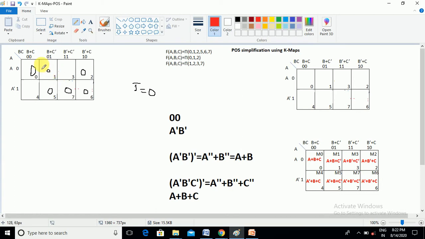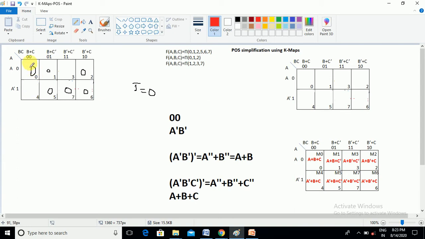Easily we can understand that a 2 cell mapping can be created. If you try other combinations, we need to try them to make the maximum cell grouping. But you can also verify with the folding of paper. If I fold the paper, 2 and 6 can map, but 4 is not selected, so that 4 cell grouping is not possible. If 4 was also selected, then we could easily perform 0, 4 plus 2 and 6 as a 4 cell grouping, but 4 is not selected, so it is not possible.